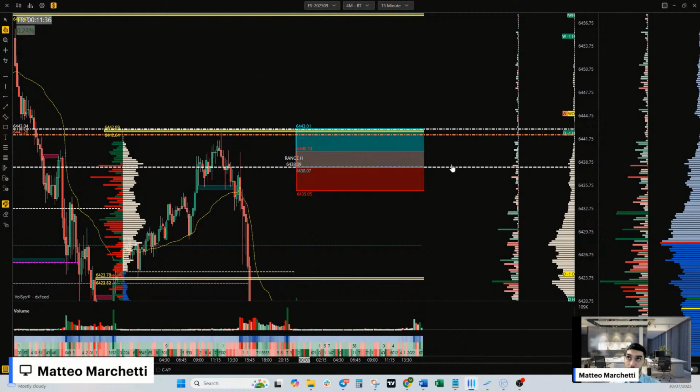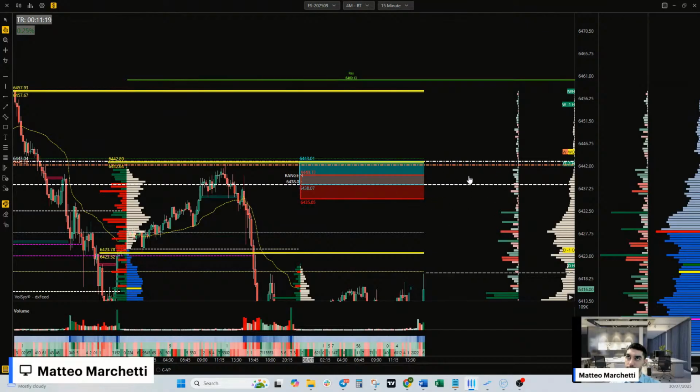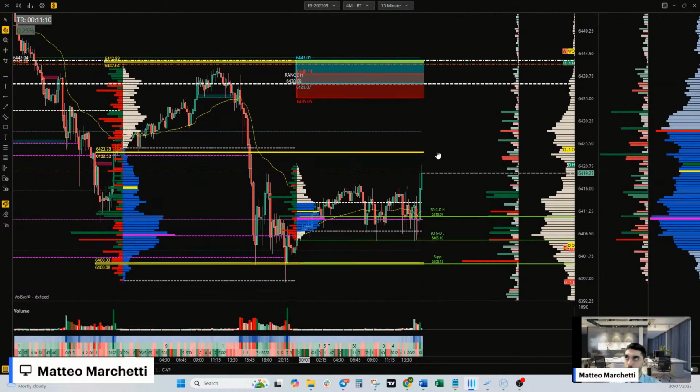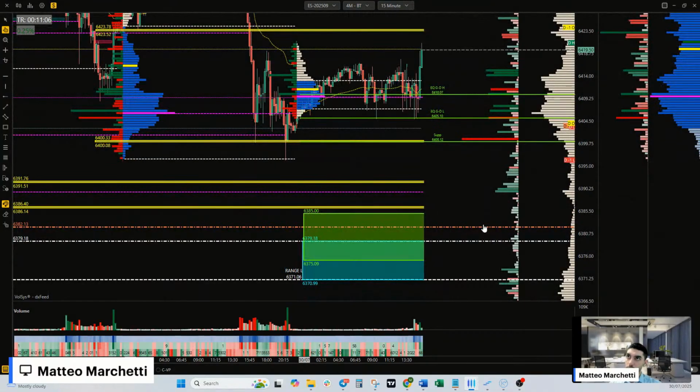But still, if you want static levels, I'm going to give you 438 and 442. These are the two main resistance levels for today. The S&P should not mark a high which is higher than this area. It could always happen, but we are talking about probabilities. We are talking about the fact that 70% of the time the market closes within these two ranges, the high one and the lower one. The lower one, unfortunately, today is a bit wider,